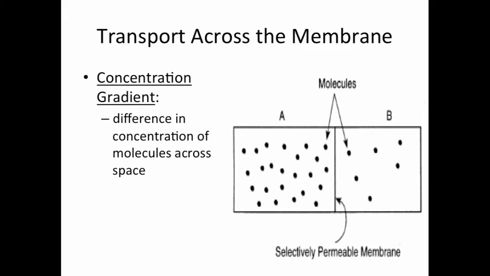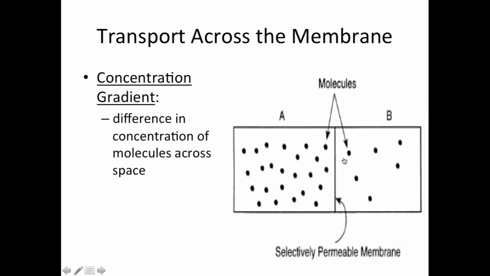It's not too difficult. If you look at my diagram over here on the right-hand side, I have side A and side B. It's like a box, and I have a membrane separating the two. On side A, I have lots of dots. And on side B, I have not so many dots. We're going to call those molecules. So I would consider this a high concentration of molecules and a low concentration of molecules, and